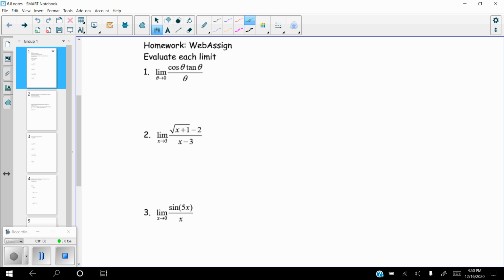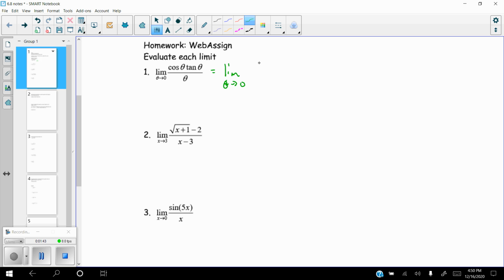So for something like number 1, if we want to take the limit as theta approaches 0 of cosine of theta tangent theta divided by theta, if you were to plug 0 in for everything, on the numerator you would get cosine of 0, which is 1, times tangent of theta, which is 0, over top of 0. We know that the numerator would give us 0, the denominator would give us 0. So in that case, we know that there's probably some other way to simplify this. So we could rewrite this as the limit